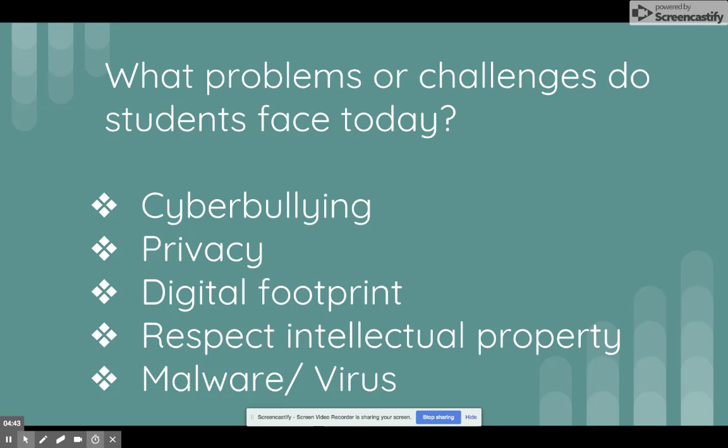Participating in this behavior can leave a digital footprint that can affect future college admissions or job applications, as many places search for these things. Students need to use caution when sharing photos, making sure they are not including identifiable images. They also need to learn how to guard personal information and not to accidentally hand it out.